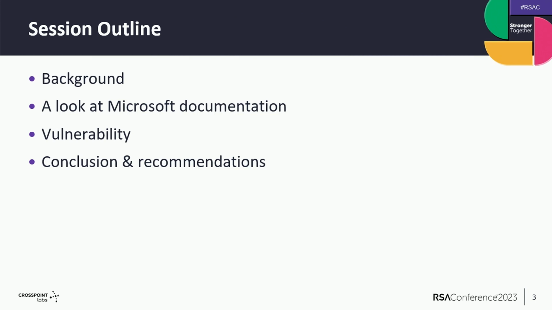So here is the quick session outline for what I will be covering today. First, we'll have some background on links, and more specifically on registry symbolic links. Next, we'll have a look at Microsoft documentation and the pitfalls related to creating and opening registry symbolic links based on that documentation. Then we'll dive into a security vulnerability that I found during research I did last year. We'll also cover the security impact of that vulnerability, and I'll show a demo as well. And finally, we'll wrap up with some key takeaways and practical tips.